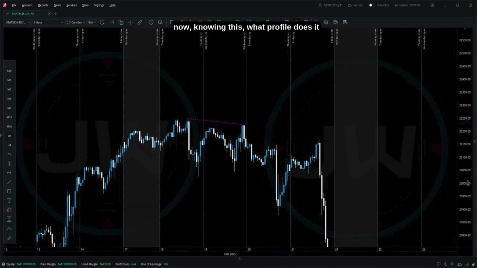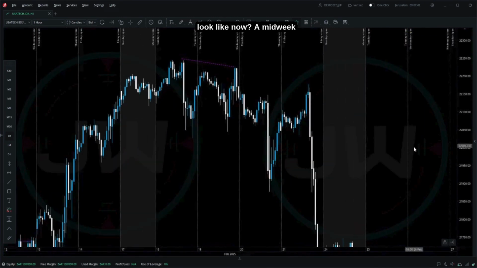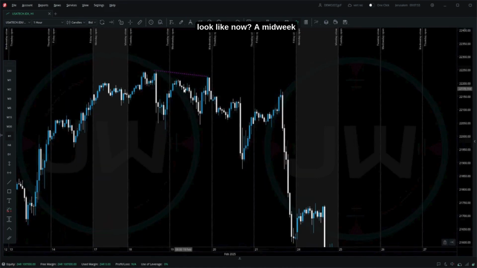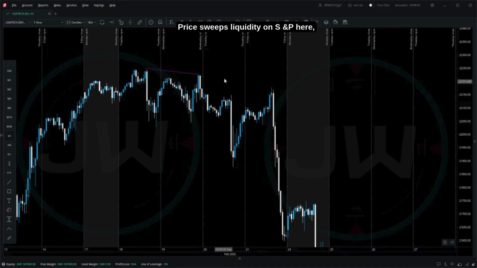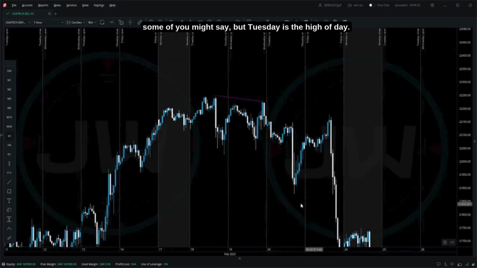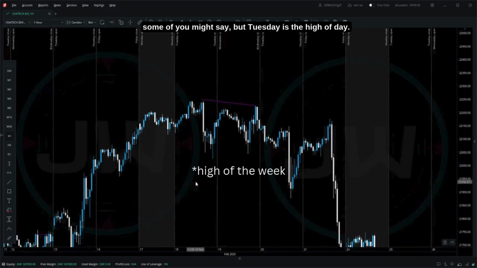And now knowing this, what profile does it look like now? A midweek reversal profile, right? Price sweeps liquidity on S&P here, but creates an SMT on Nasdaq on the Wednesday, and from there price just pushes downwards. And some of you might say, but Tuesday is the high of the day,